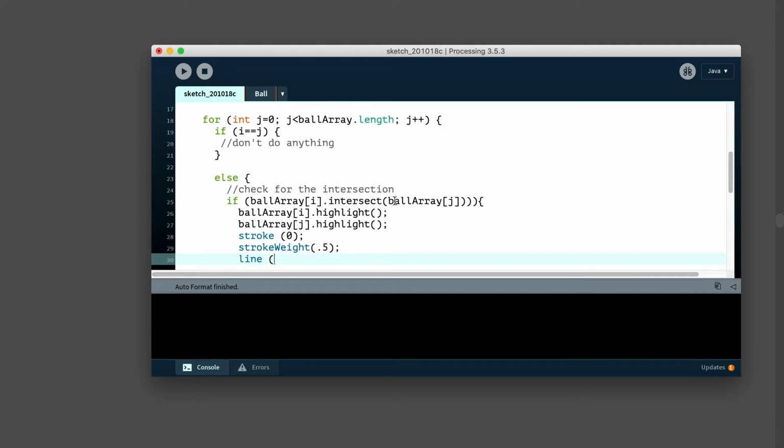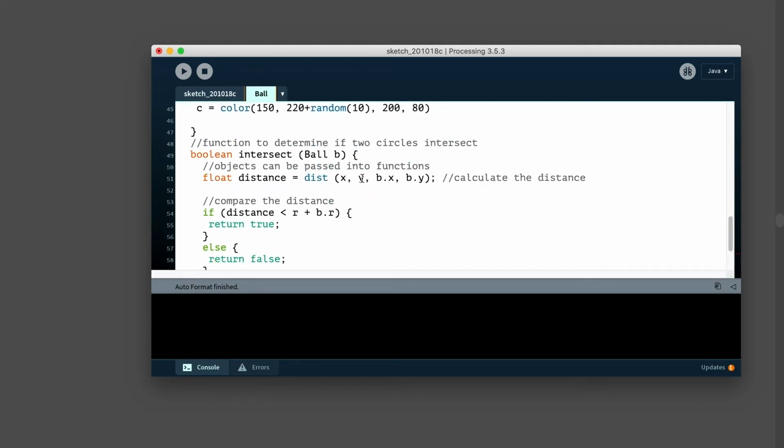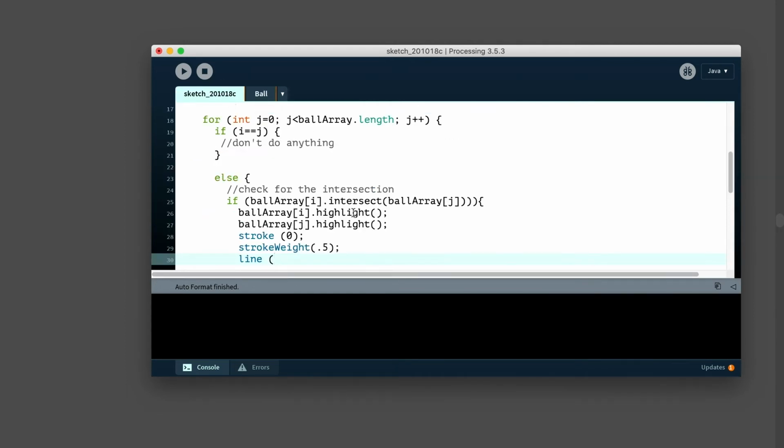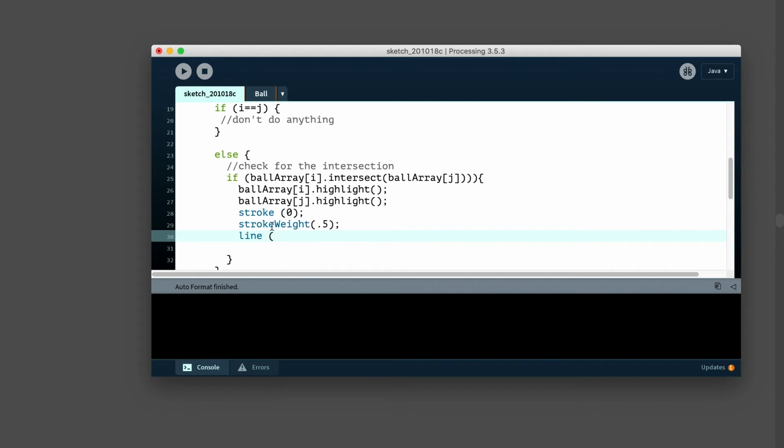And so again, the other thing I want us to think about, just like we did here, is how do you call data within objects, right? The way to do it is by using the dot syntax in this case. So we're going to say ball array. How do you get the x value of this ball array item? Well, we'll use this index, i, and then we'll do dot x.